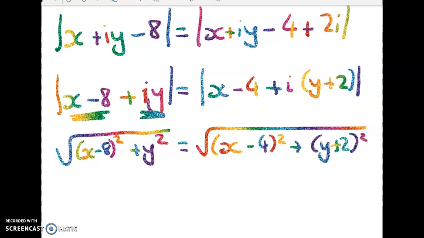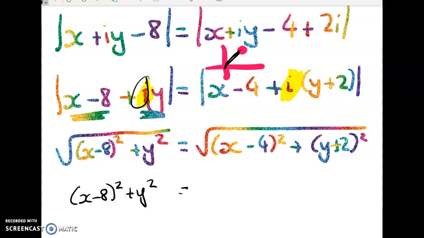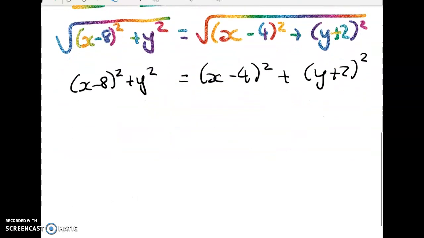Right. A really common mistake here that I bet some of you have made is to put this i into your modulus. And that's incorrect because the modulus is measuring the distance of the point from the origin. So we don't want that i popping up in the modulus function. Squaring both sides gives me x minus 8 squared plus y squared is equal to x minus 4 squared plus y plus 2 squared. All we have to do now is expand all of that on both sides and